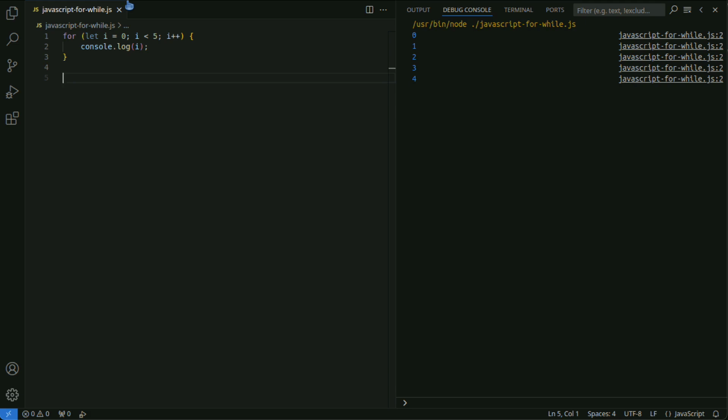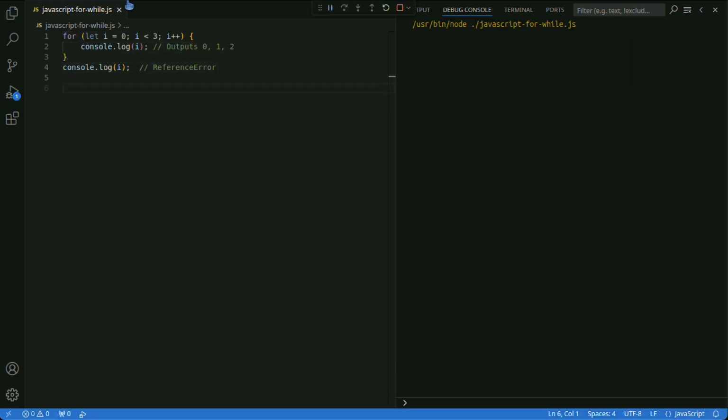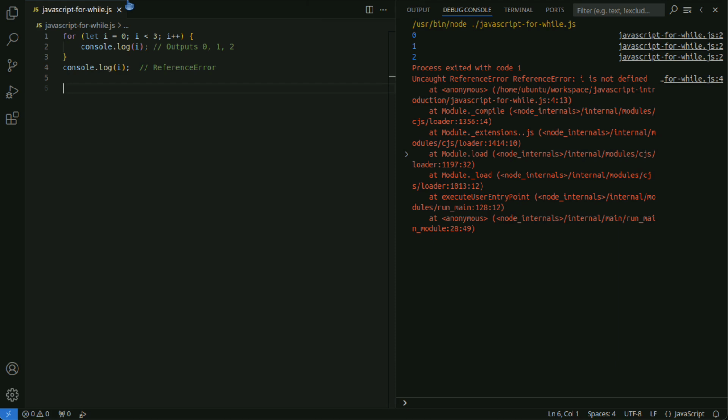Declare or initialize variables in the initialization part of the for statement. Variables declared here are only valid within the loop. As shown in this example, referencing a variable outside the for statement will result in an error. Setting a condition that does not end the loop results in an infinite loop. This might put a strain on the browser or system, so caution is needed.